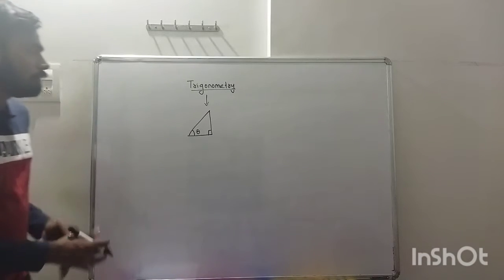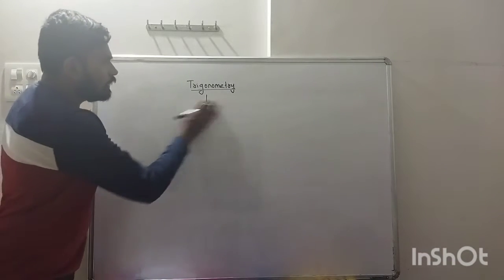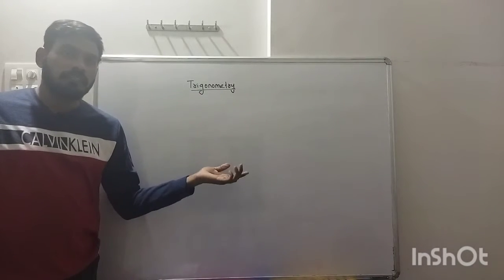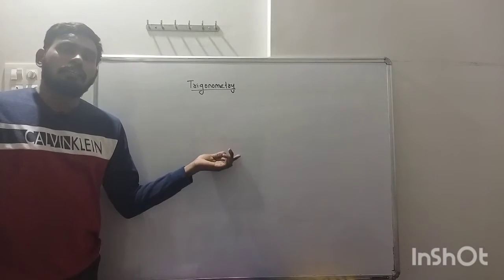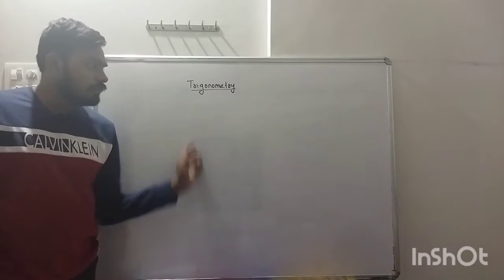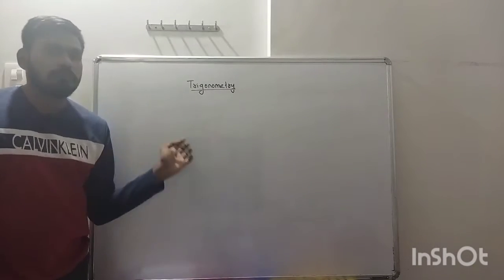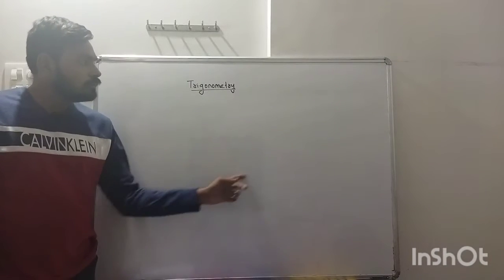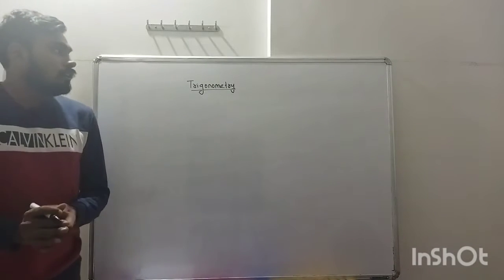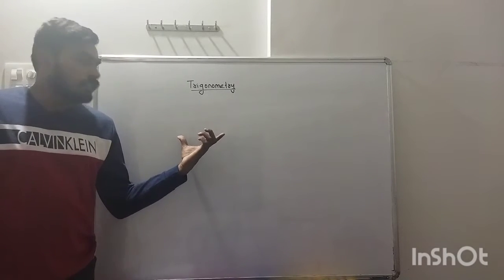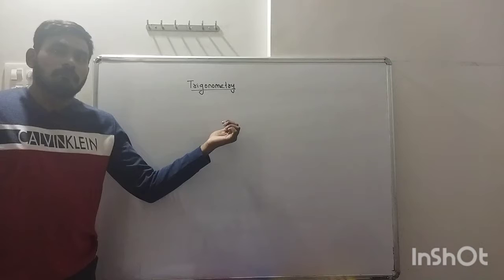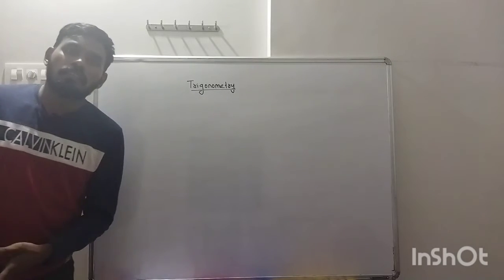Now, this year we don't just have angles between 0 to 90. Last year we had some angles like 0, 30, 45, 60, 90, but this year it is extended. You have to learn angles from 0 to 360 degrees or more, 720, all, and trigonometric ratios for all. So how do we show angles more than 90 or more than 360 degrees in the coordinate axis?